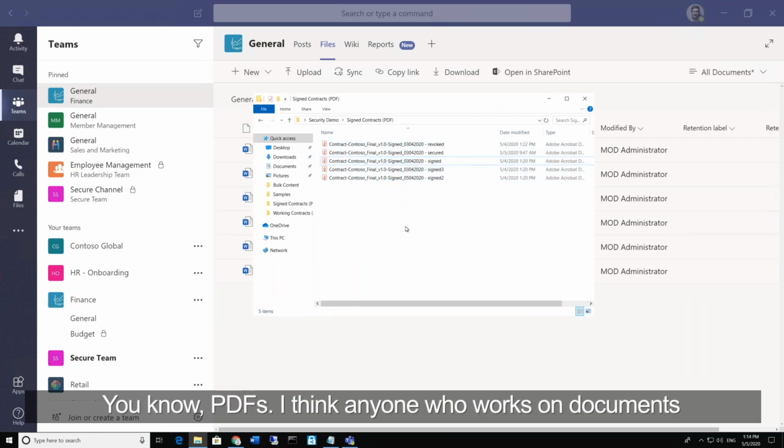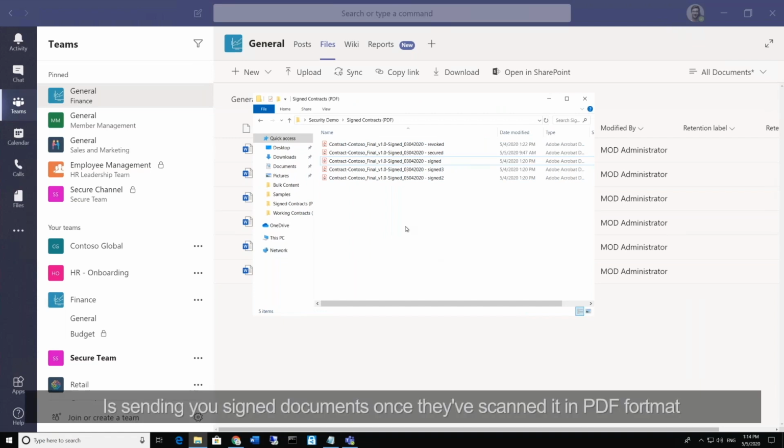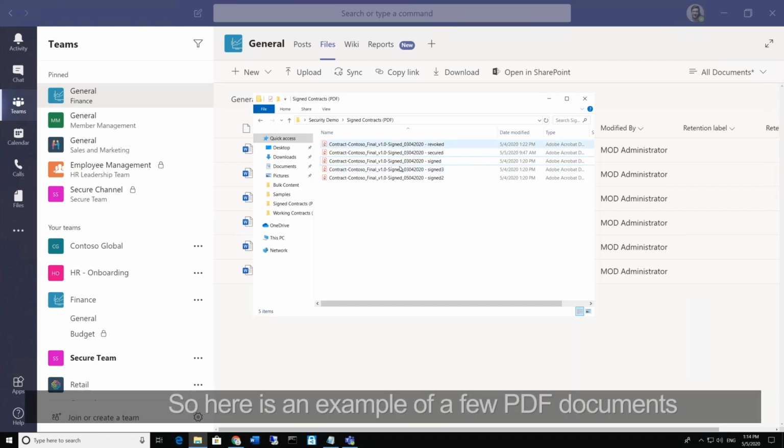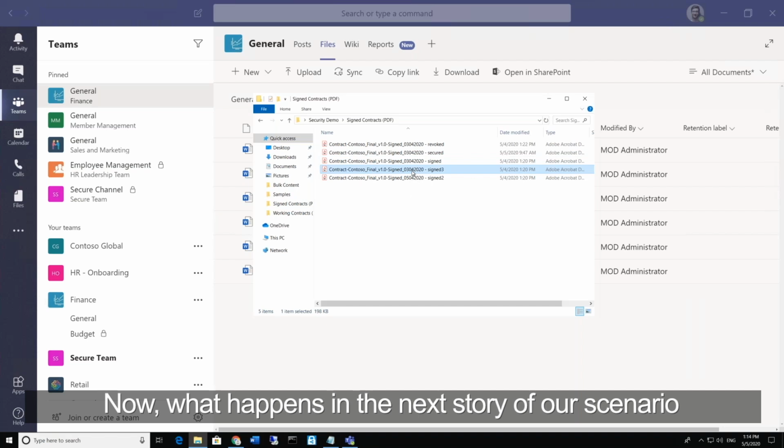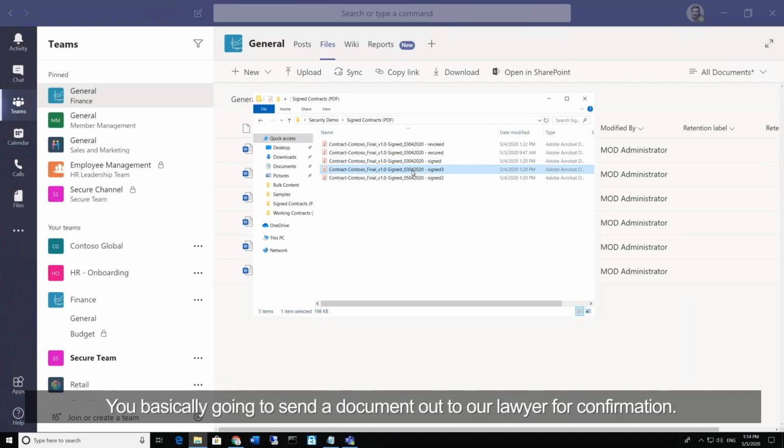PDF. I think anyone who works on documents is sending you signed documents once they scan it in PDF formats. So here is an example of a few PDF documents. Now, what happens in the next story of our scenario is we're basically going to send this document out to our lawyer for confirmation. So I worked with my partner, I did my bit. Now I have to get the signatures, I've got my signatures, and now I'm sending this document off to my